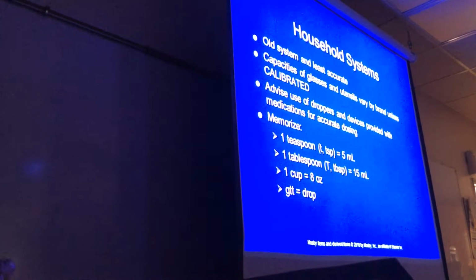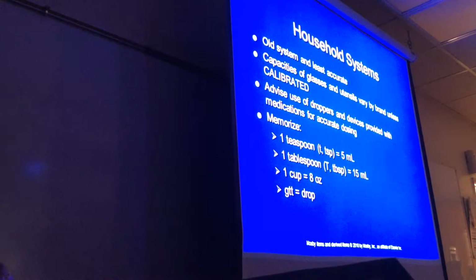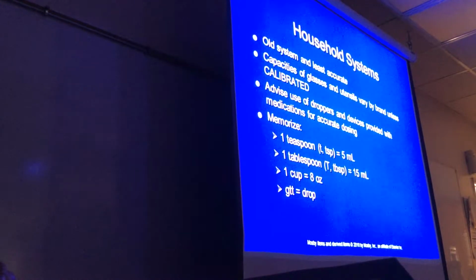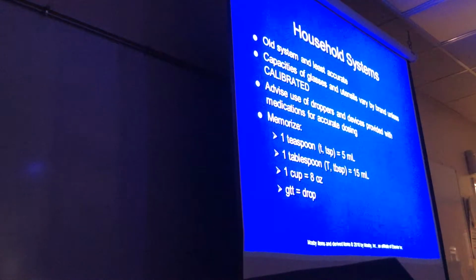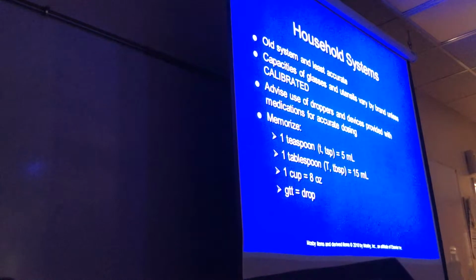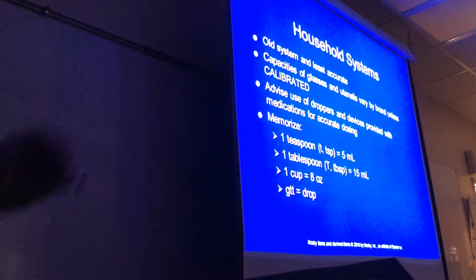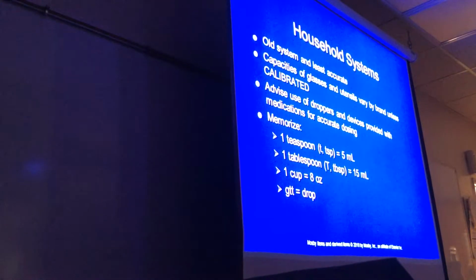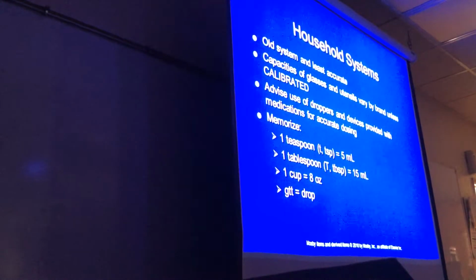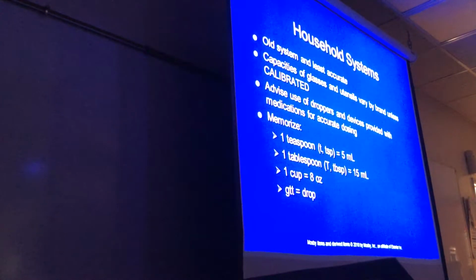Capacities of glasses and utensils may vary by brand, unless it's specifically calibrated. But there's really no standard to calibrate. So 1 cup from Pyrex might be different than 1 cup from the Tupperware company, right? Those are both household brand names, if you were wondering. If you go in your mom's cabinet and look in there, you might find those brand names. Or for some of us, that own those things. But anyways,